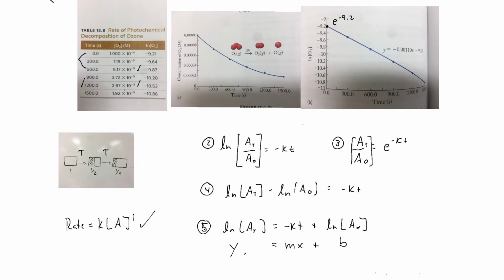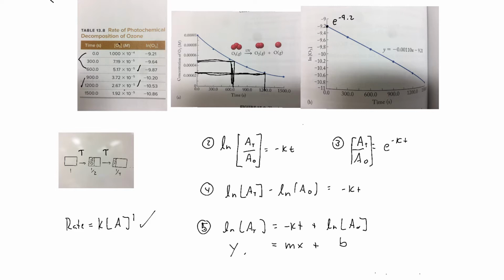I can also see it graphically. So I can go up to 600 seconds, go up to the half point here, and go out to the line. Oh, it's about 600 seconds or so. I can then go out again to half of that, which is somewhere around here, and that's at around 1200 seconds. So it takes about the same time to halve, and if I were to go out to 1800 seconds, it would halve again. Now, sometimes it's really obvious, and other times you have to do something else,